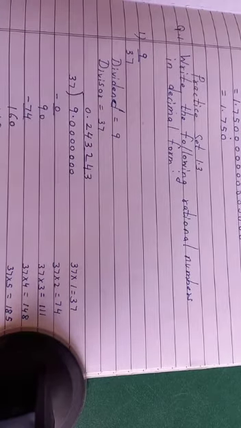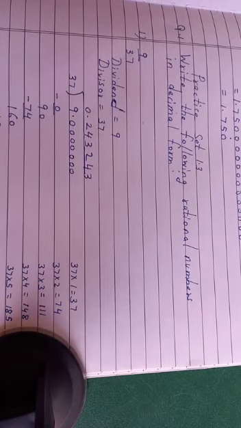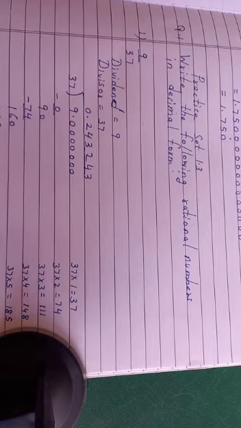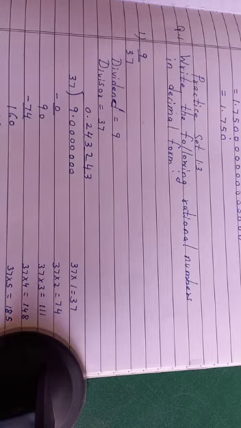Okay. So you can write 9 upon 37 is equal to 0.243. Now this group of digits 243, they are repeating, right? So you can put a bar like this. This is the shortcut. I hope you have understood. And what type of decimal is it? It is non-terminating. It is not going to end, it goes on and on. And the group of digits is repeating. So 9 upon 37 is an example of a non-terminating and recurring decimal form. I hope you have understood.